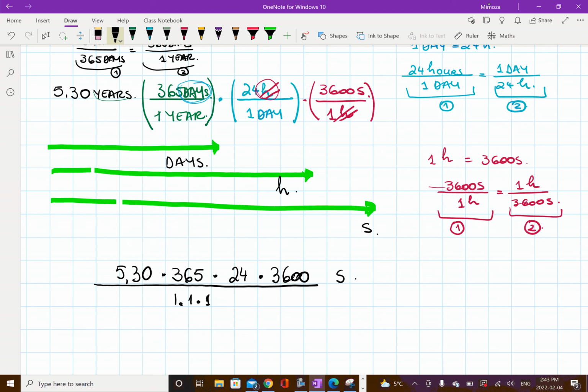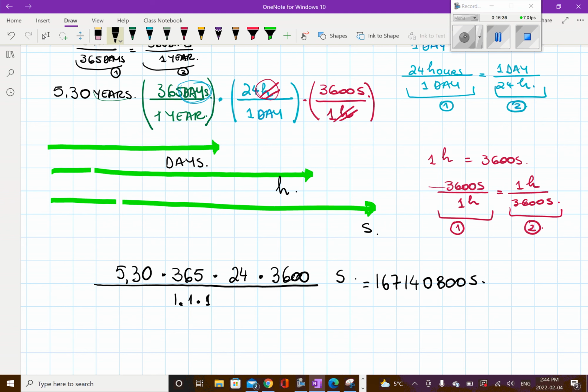Even if we don't write that, it's okay. When you enter this in your calculator, you will have a value of 167,140,800